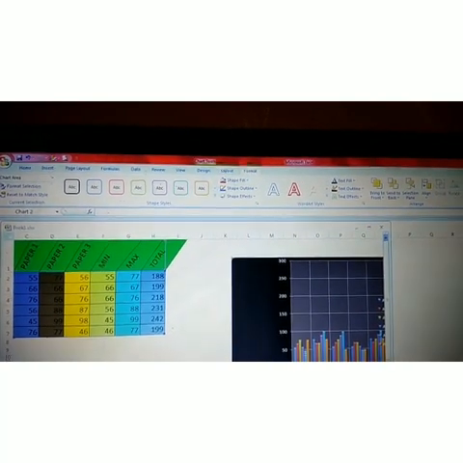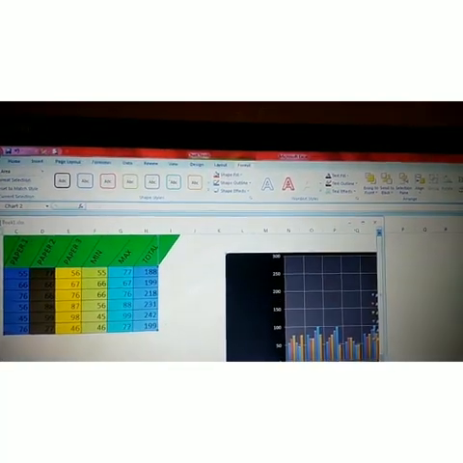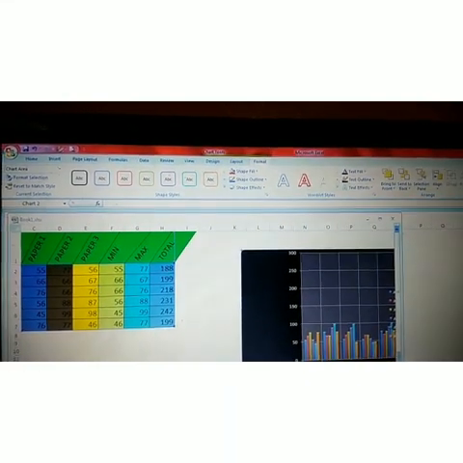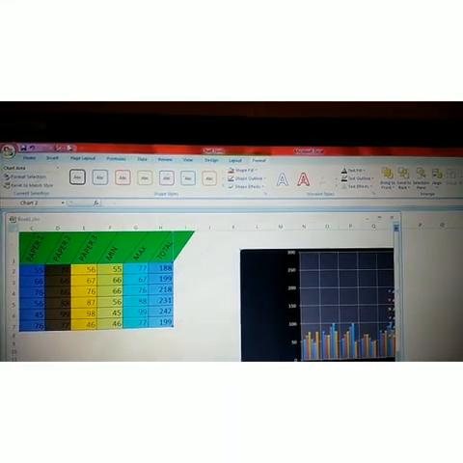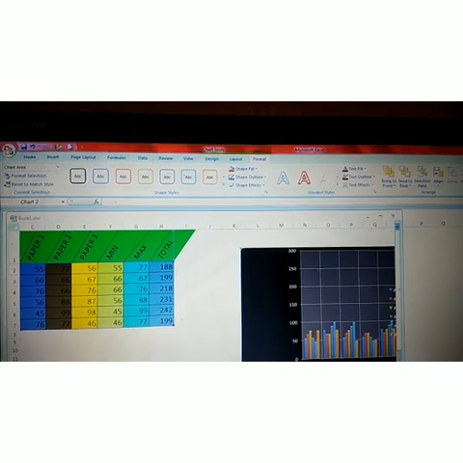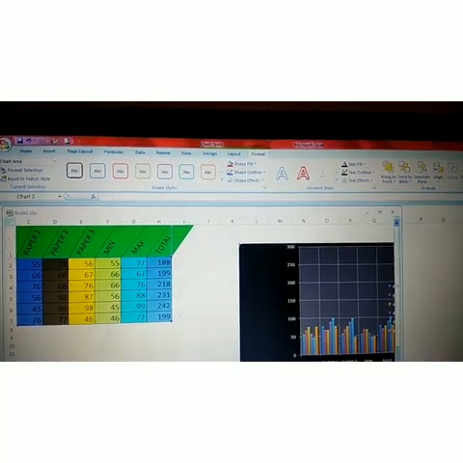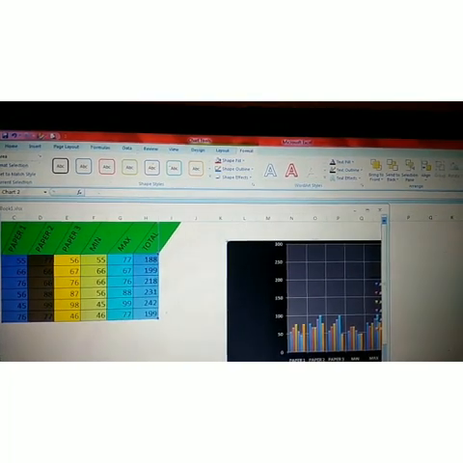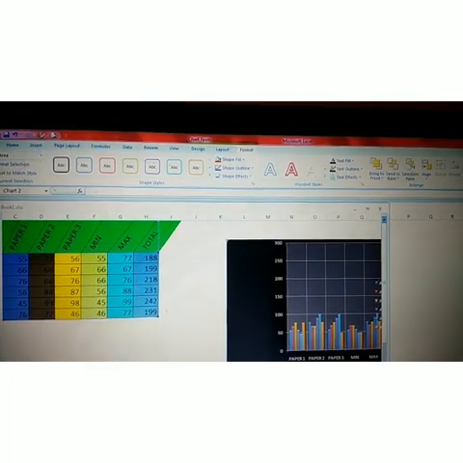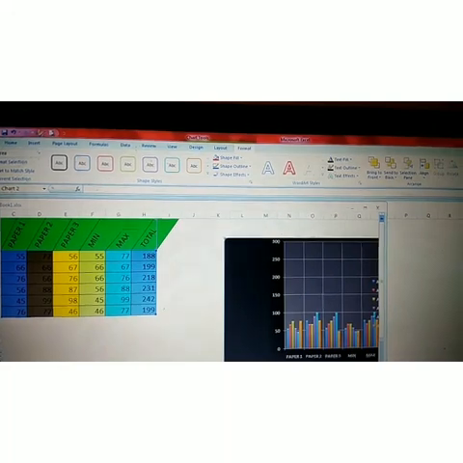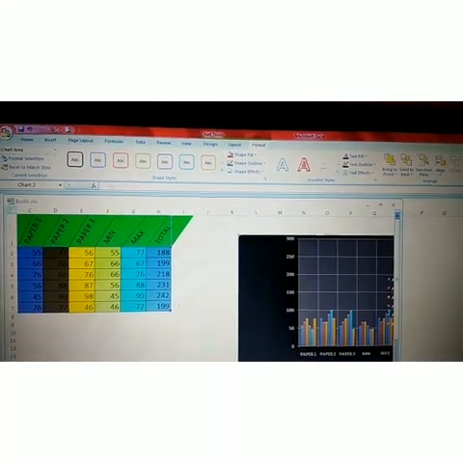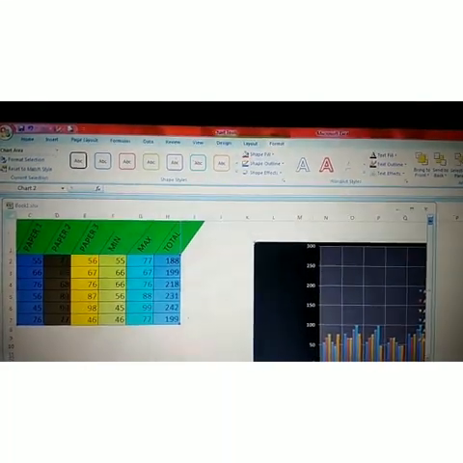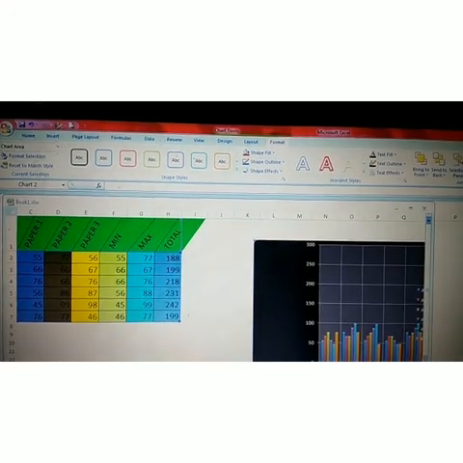Students, see in your book and match properly; this is your Format tab. Number one, we can see Format Selection properly. Then different types of format styles: shape fill, shape outline, shape effects, and text fill, text outline, text effects. All of these are included in formatting the chart.